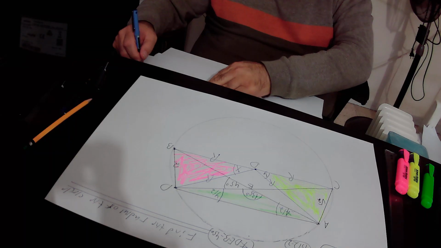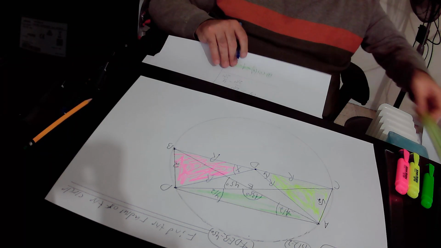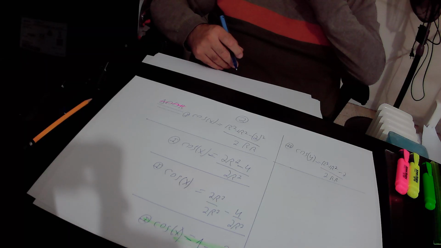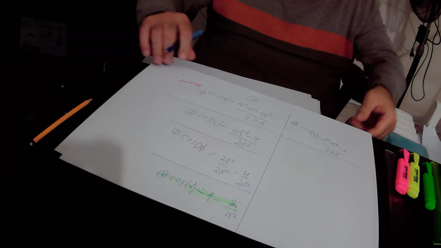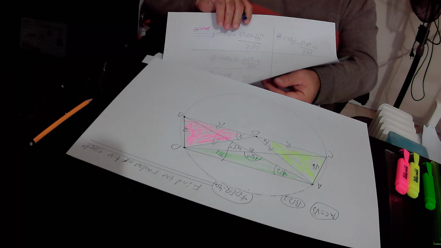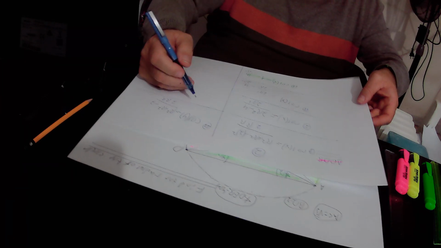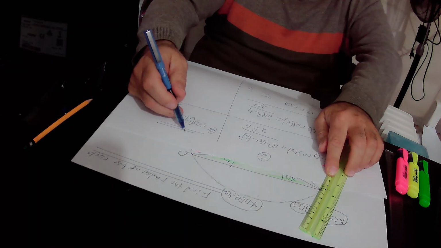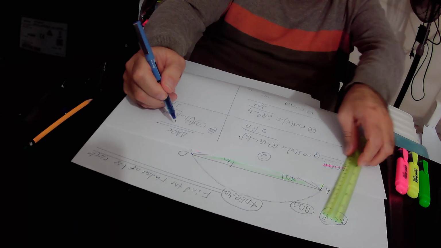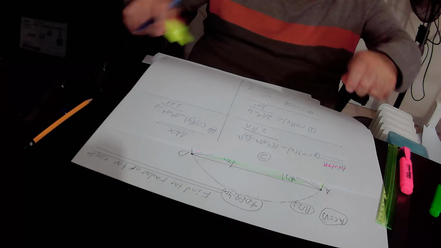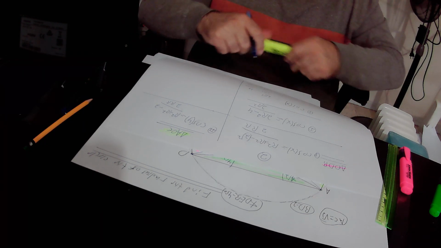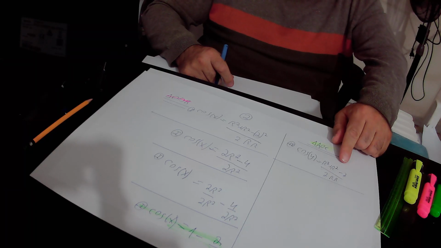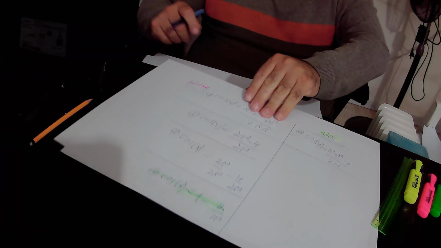Repeat again. According to the law of cosines in the yellow triangle, triangle AOC, cosine y equals r squared plus r squared minus 2 over 2 times r times r. Okay, so here,